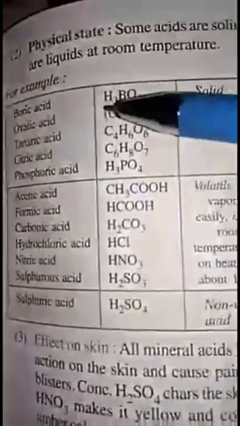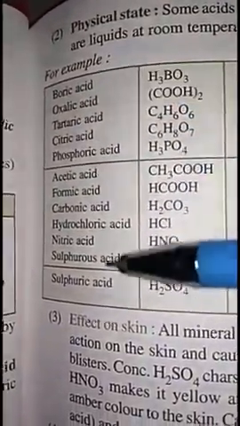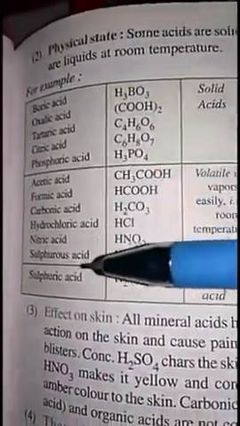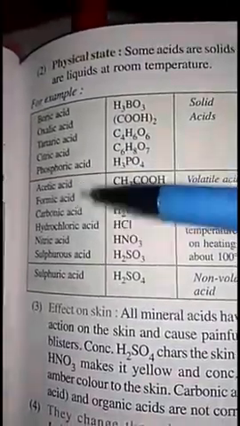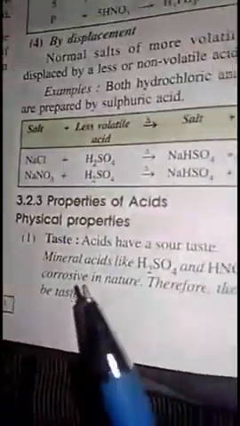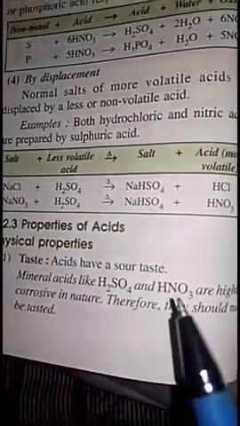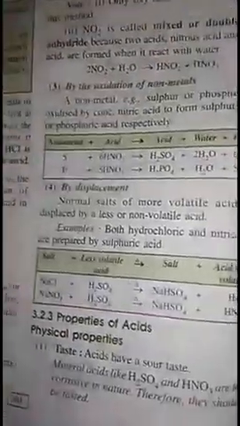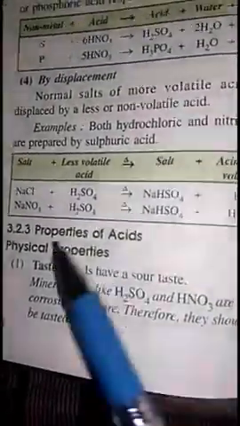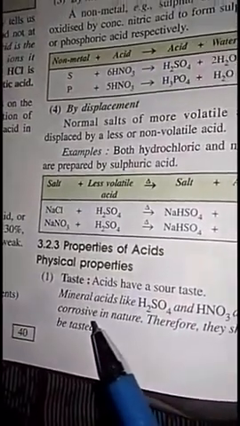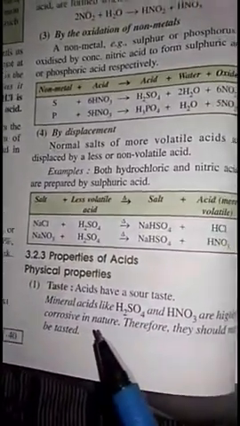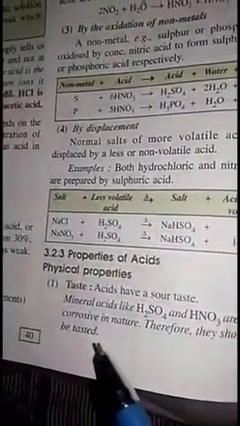But these acids we normally obtain from plants also. We can make them artificially, but they are also obtained from plants. They are weak acids, but sulfuric and nitric acid are mineral acids which we prepare, and they are very strong acids. They are corrosive in nature. They may produce blisters on our skin. So they should not be tasted. They should not be touched with open eyes.